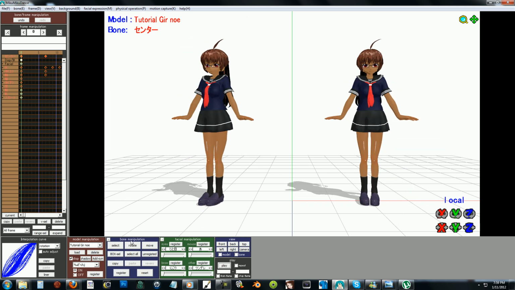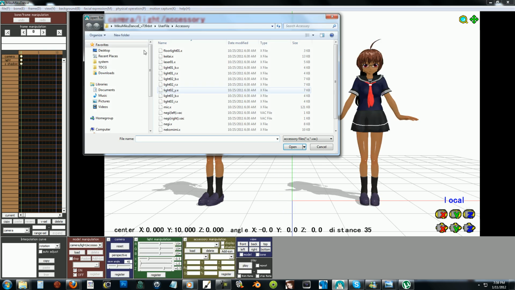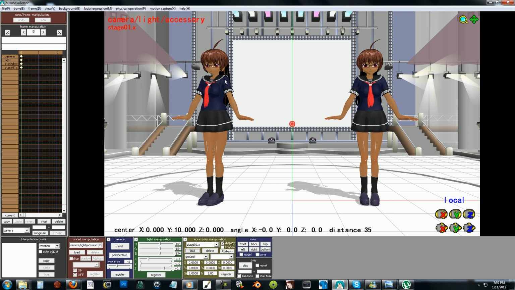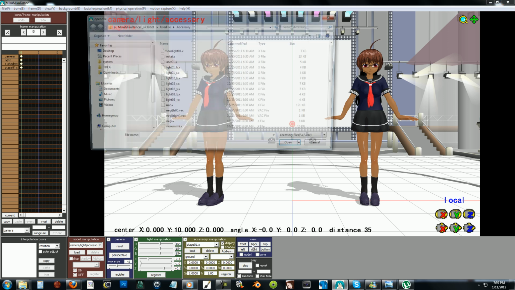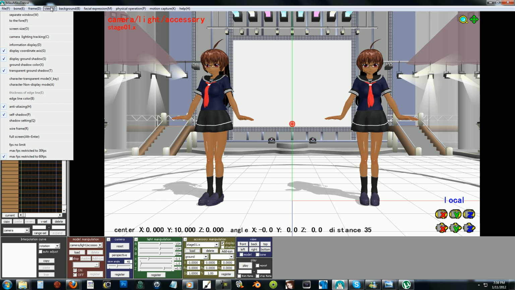Stop. And go here to camera, light, and accessories. And you click load. And they give you a default stage. So you just push the stage and it renders the stage. When you download stages, it's pretty much the same thing. Just click on the parts that allow you to be clicked on and then it just loads in. I haven't been able to figure out how to get moving things to work yet, but